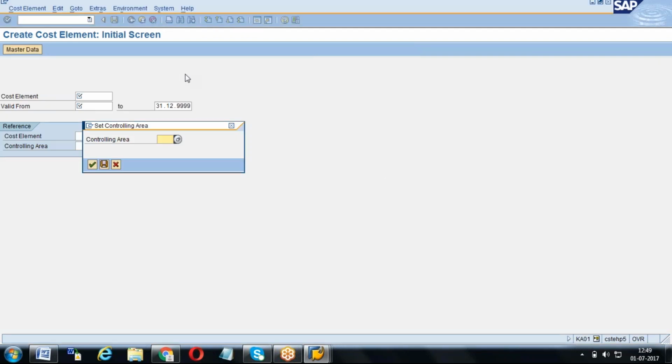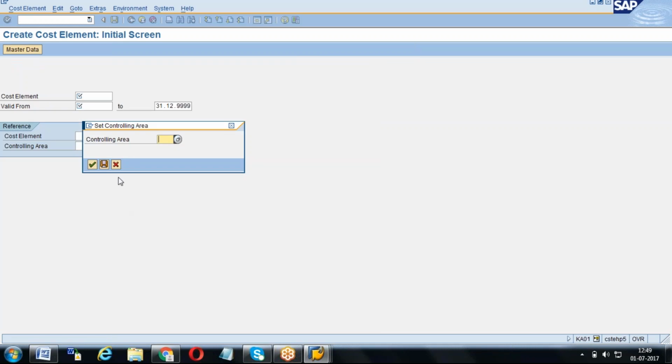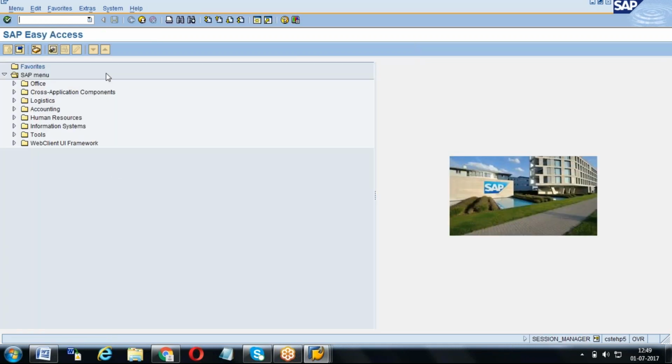See how to create a cost element. Even as I told you, the cost element and cost center creation and all, in real time will be taken care of by the CO consultant. If you see FICO, finance and controlling, the CO consultant will take care of the cost center creation and everything. The cost element also will be created by the FICO consultants who are responsible for those activities. They will decide which GL account can be created as a cost element.